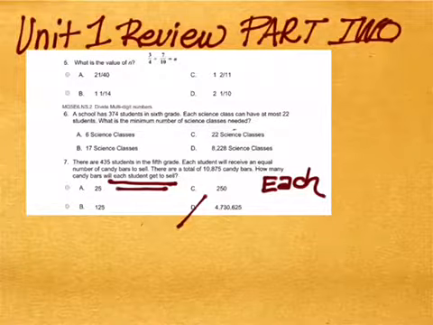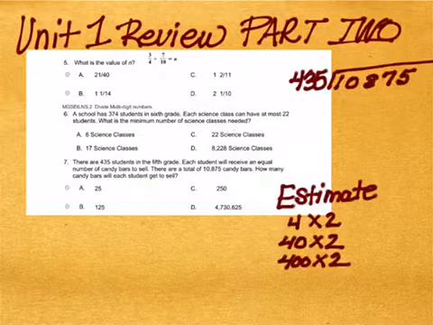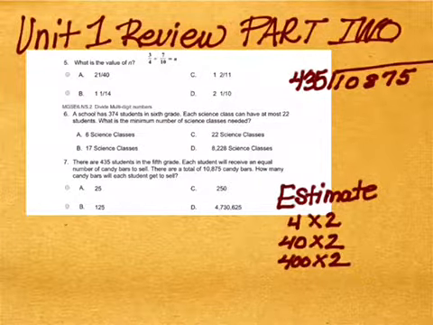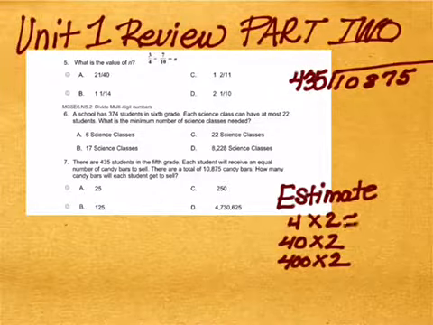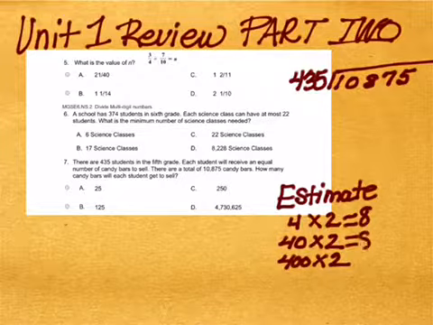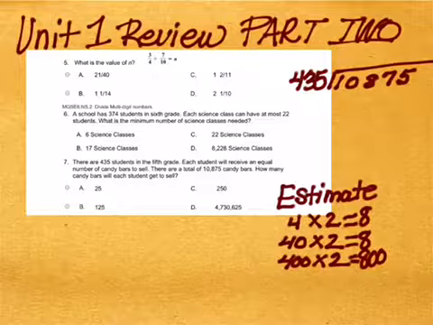I would definitely want to eliminate choice D because it is just a bigger number, and if I'm thinking I want a smaller number because it's division, that number doesn't make mathematical sense. I want to start estimating because I'm thinking 435 is a pretty large number to be divided into another large number. So if I know that 4 times 2 is 8, I know that 40 times 2 is 80, and 400 times 2 is 800. I would think that multiplying times 3 would be too big because that would give me 1200, and my number that I need to divide into